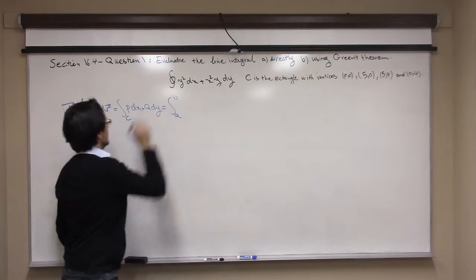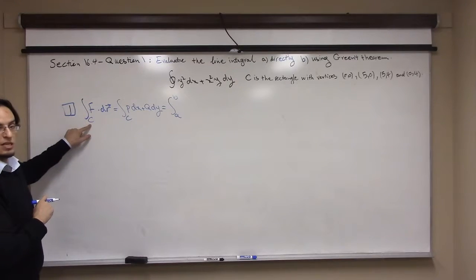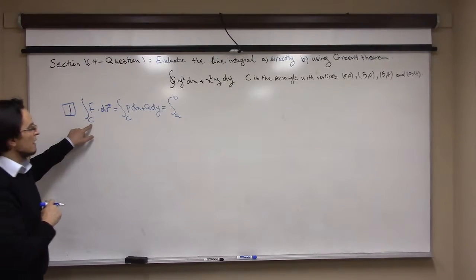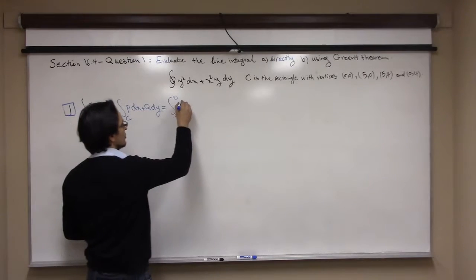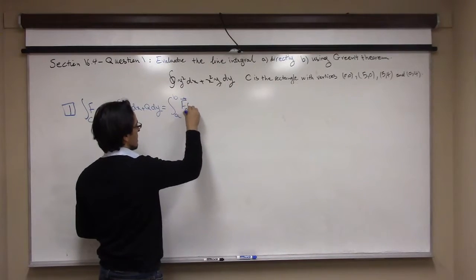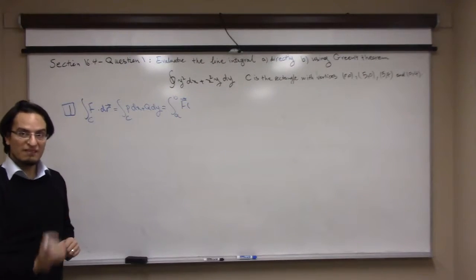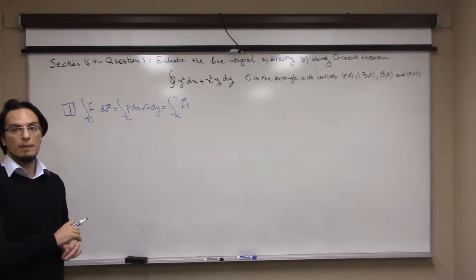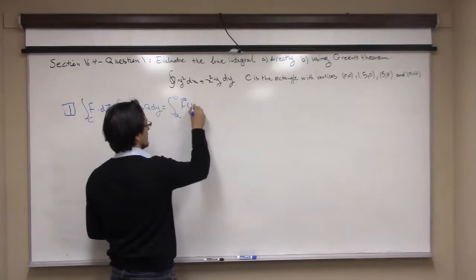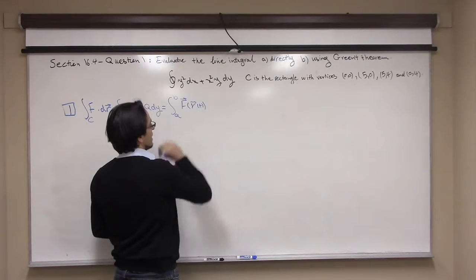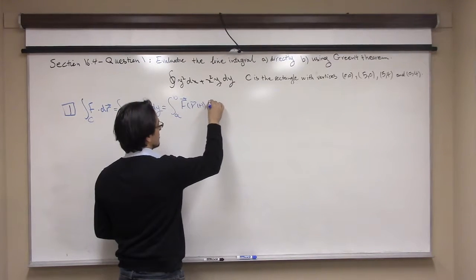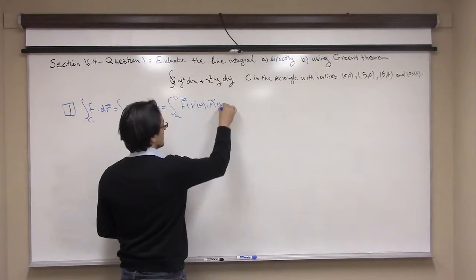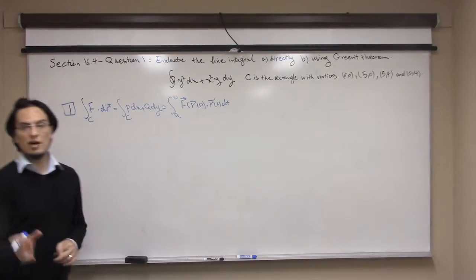If you find a parametrization for C using r, then you evaluate your parametrization into your vector field, and then find r prime, and dot product them. You get a function and then